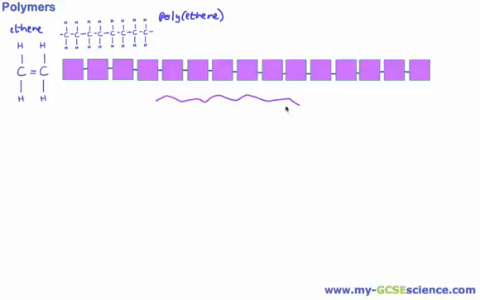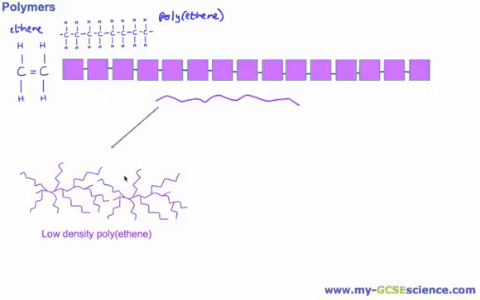Okay, so when I draw these lines, it's more complicated than just a bunch of lines. You have to remember they're polymers made of each of these kinds of individual units called monomers. Okay, so here we have a polymer, and in this particular example it's polyethene, and we can make different types of plastics out of it, and the way we do that is we do reactions in different conditions. So if you go through one type of reaction, this would be having a very high pressure,